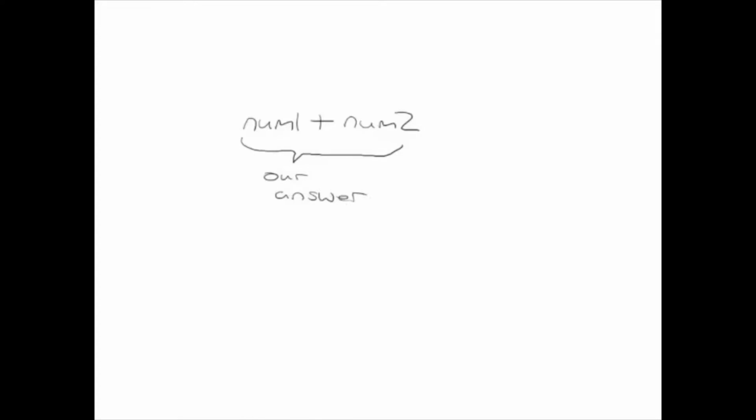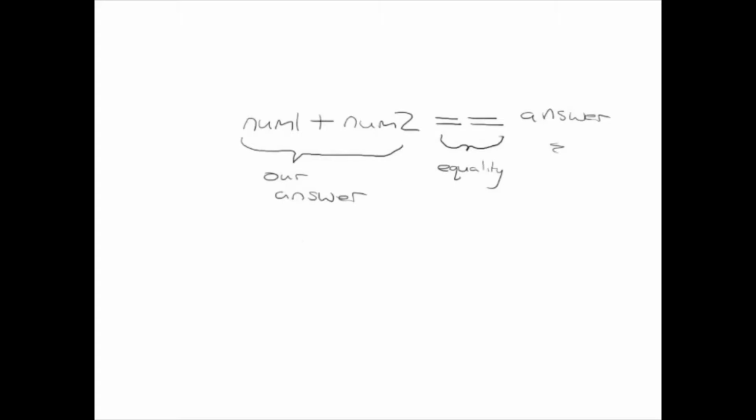Now we need to compare that to theirs. We want to say, is our answer equal to the user's answer? And the way we do that in Java is with two equals signs. This is the equality operator. And then with their answer. So we calculate our answer. Is our answer equal to the user's answer? That's what we need to do here. And we do that with the equality